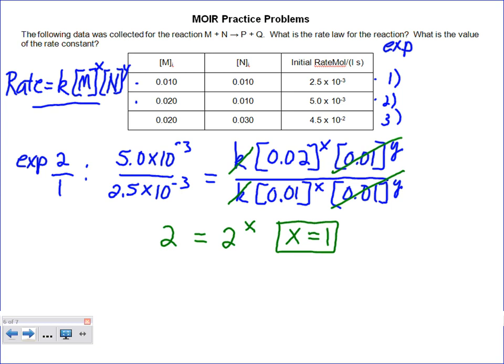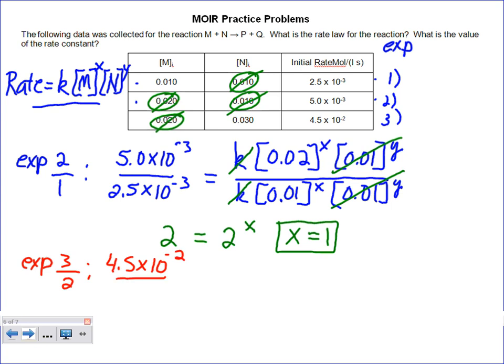So I've just determined that these guys were the same, I got them to cancel, so now I can look over here and see that these are the same as well. I want these to cancel. So the way I'm going to set this one up is I'm going to say experiment 3 over 2, and we're going to set that up as 4.5 times 10 to the negative 2 divided by 5.0 times 10 to the negative 3,